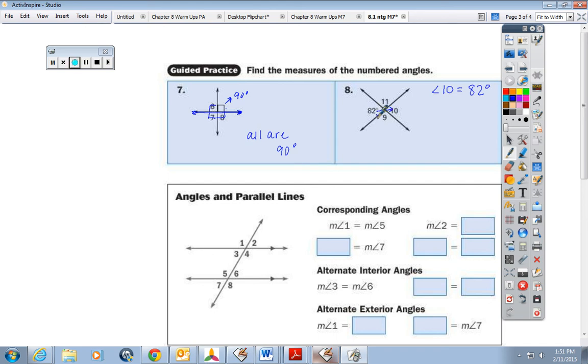I'm looking at this line. You draw your little rainbow. This is a straight angle, so it has to add up to be 180 degrees. I know 82. I don't know what the rest of it is. So I've got to say 82 degrees plus what equals 180. So if 11 ends up being 98 degrees, guess